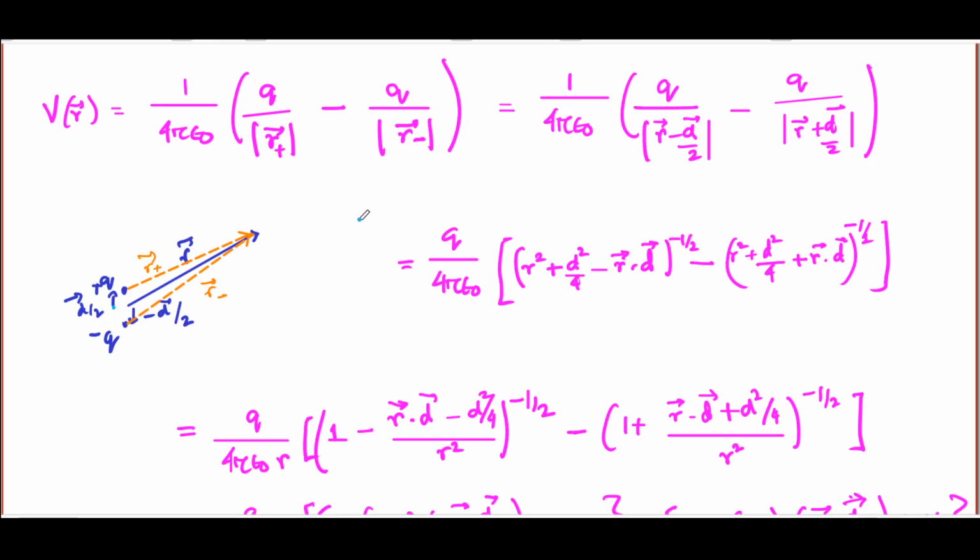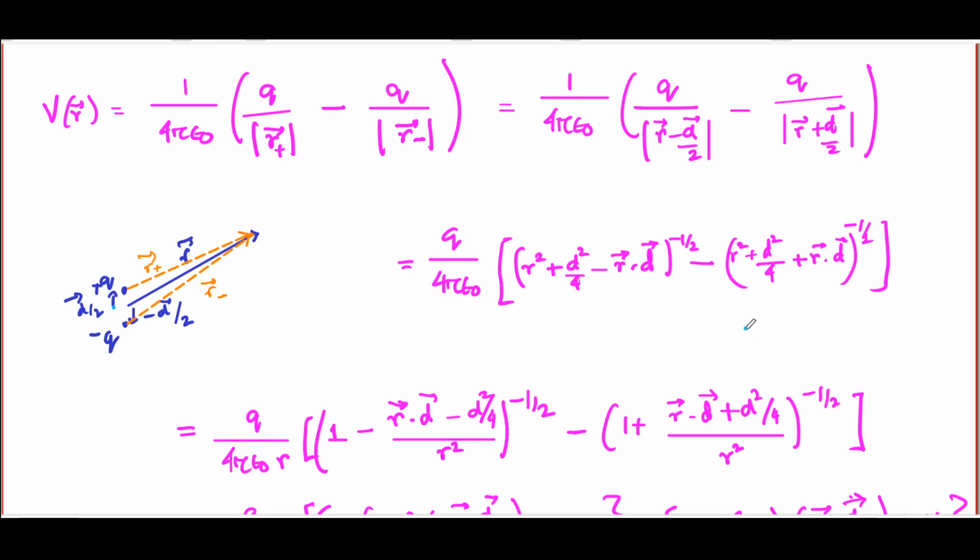And using the fact that length of a plus b is square root of a square plus b square plus twice a dot b, we can easily write down the corresponding expression here. And all that is left is to now carry out a binomial expansion. If you are at a distance r which is very large compared to d, and that is what we mean when we are talking of a point dipole, you can easily expand this out using the binomial theorem after taking the r square out from these two